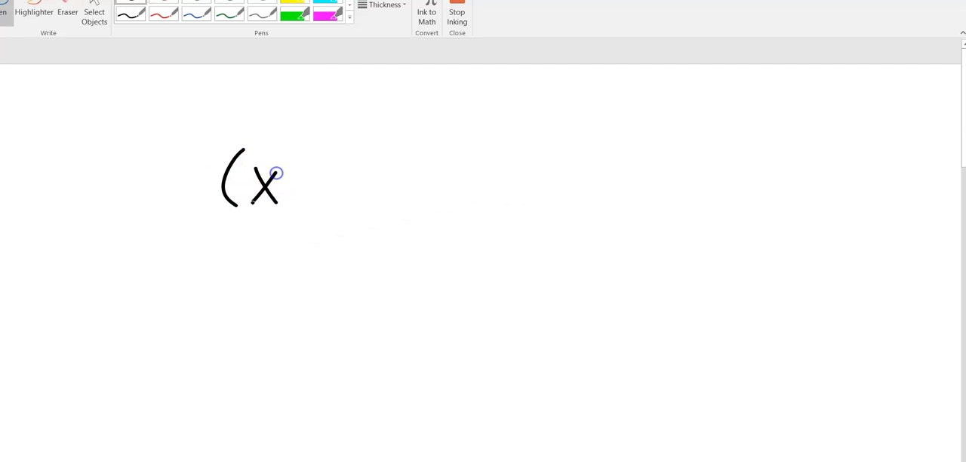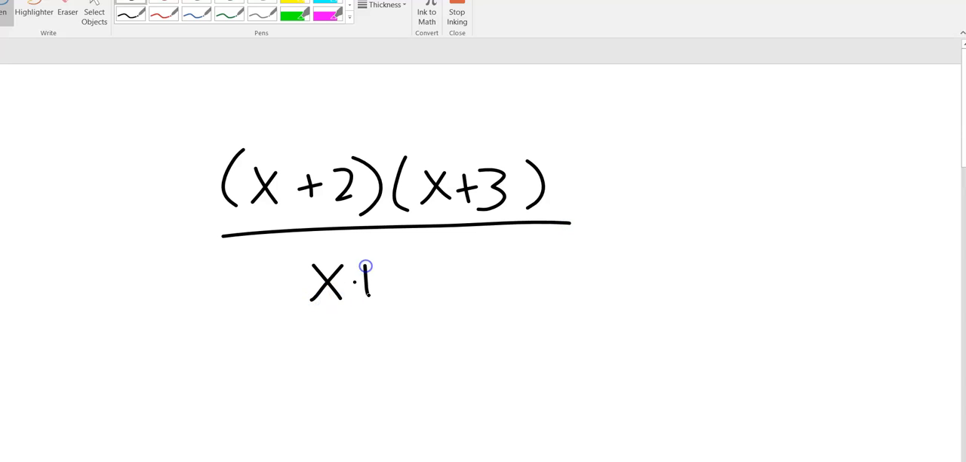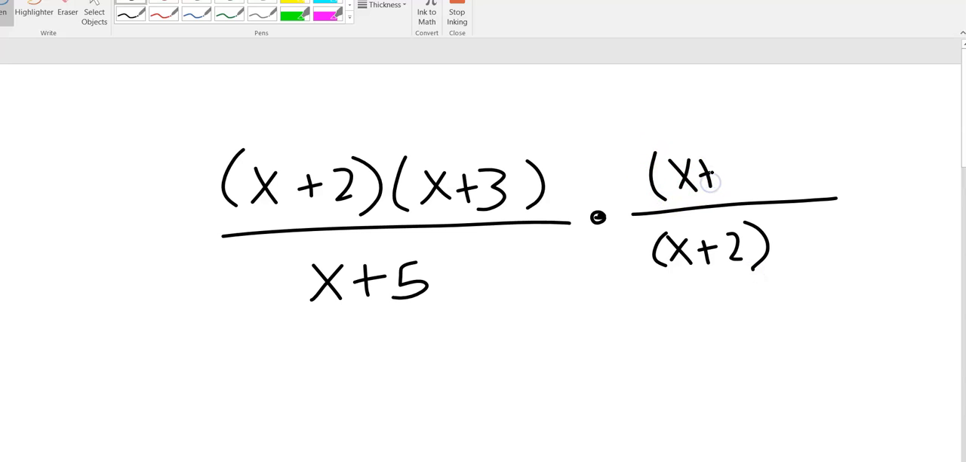So for example, if I had a fraction and it was x plus 2 times x plus 3, and then in the denominator I had x plus 5, and I multiplied that by something that had an x plus 2 down here in the bottom, and say an x plus 5 here in the top, I would look to see what they have in common and see if anything can cross cancel. So I'm looking across, and you'll notice over here I've got x plus 2, and down here I've got x plus 2. So those would